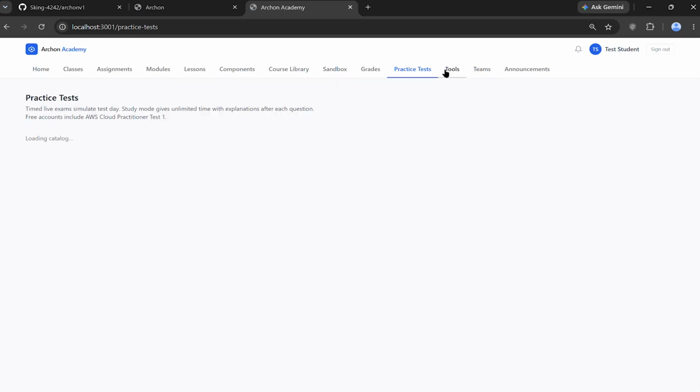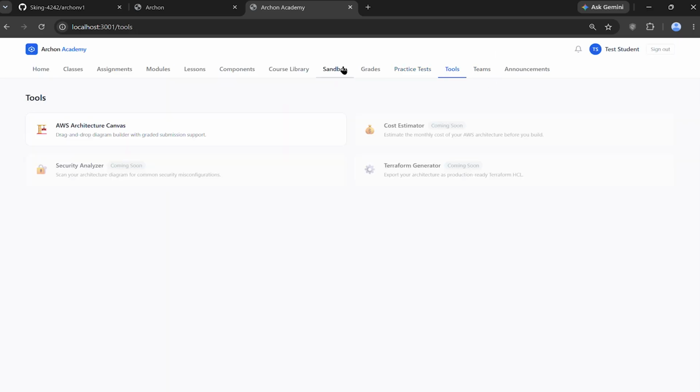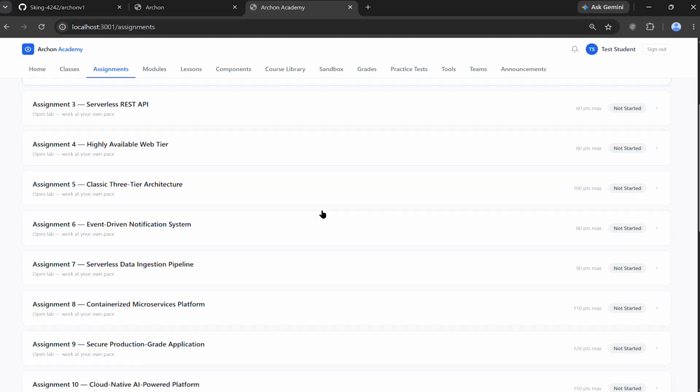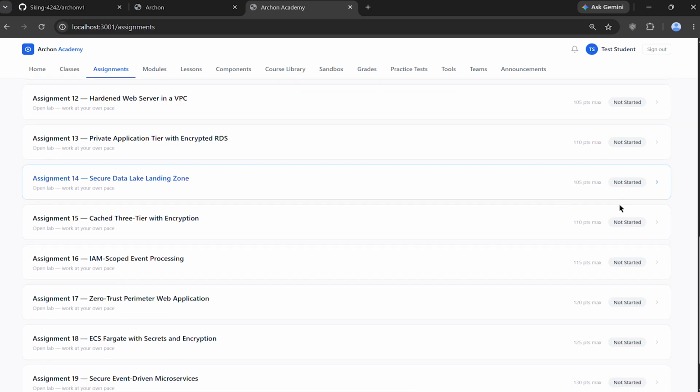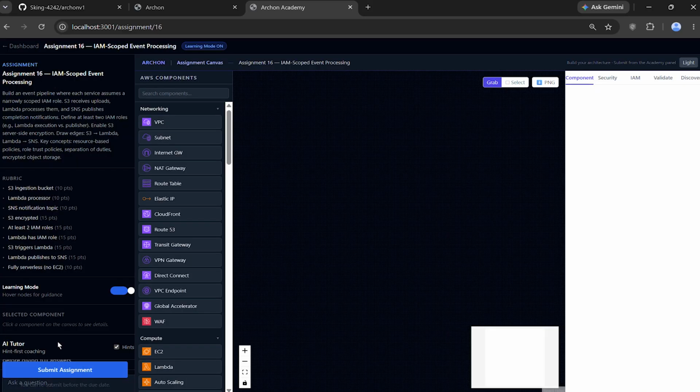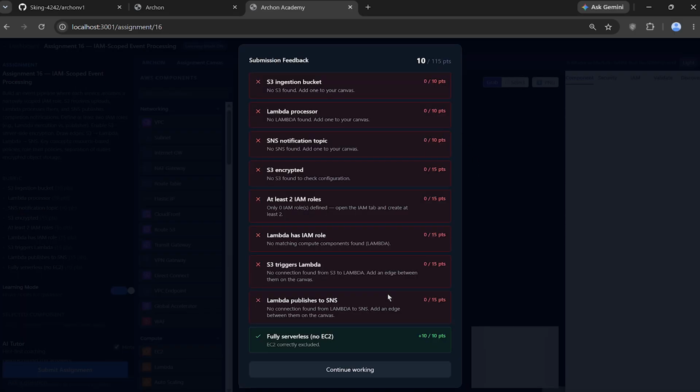There's a couple of other tools that I'm building, right? Your sandboxes, you have your assignments in here where it says, hey, let's build an IAM scoped events processing. So it'll give you your assignment, and then you have to build it on here, and then you can submit the assignment. And I didn't have anything on here, so the only thing I got was I didn't have an EC2 instance on here.